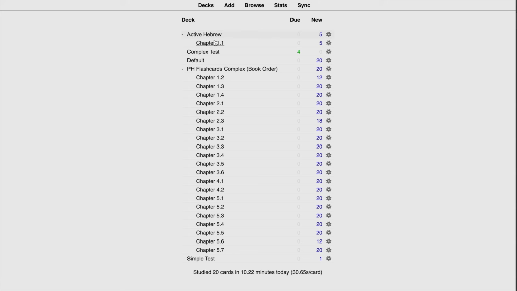All right, so this is the complex Hebrew. Complex because you have 3 copies of each card. One card is exactly like the simple version where it gives you the picture and then it gives you a typing bar where you can type the Hebrew forms. That's one, going from picture to Hebrew text. The other is just going the other way, Hebrew text, and then thinking of what's the referent.